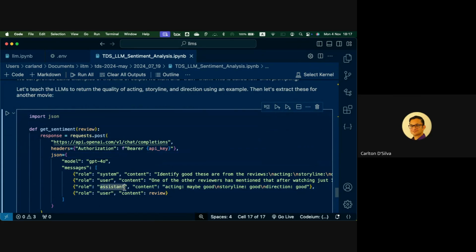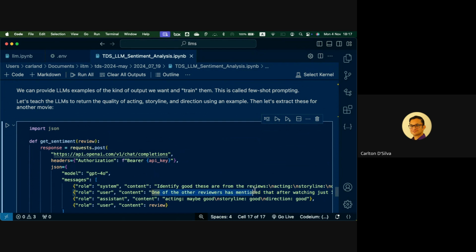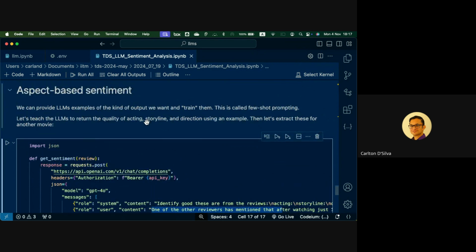You see this keyword assistant, right? Basically, what we are saying is we want you to break it down into these things, and we're telling how we might do that. You're basically chatting with the LLM and saying, look, we want you to do it this way. Right? That's what it talks about here, right?